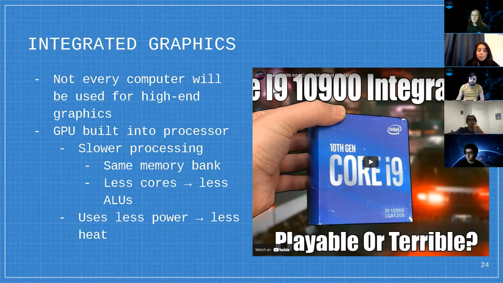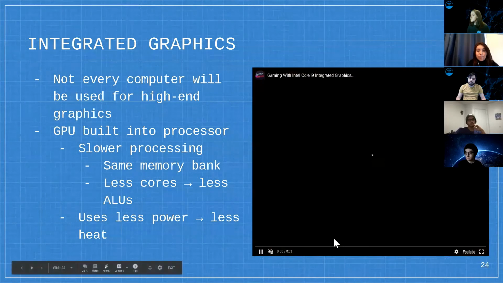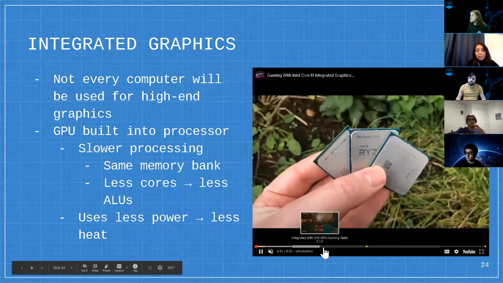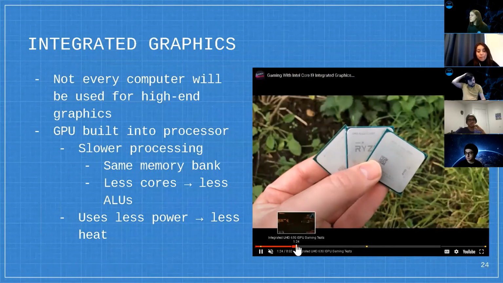It'll share the same memory bank, the same RAM as the central processing unit, but you can get by, and it will actually use less power because you don't have this whole other card running all of these other functions on all of these other binary instructions from the CPU. So you won't be as worried about your PC overheating or something. But with that being said, if you want to go really high-end gaming, maybe a graphics card is for you,